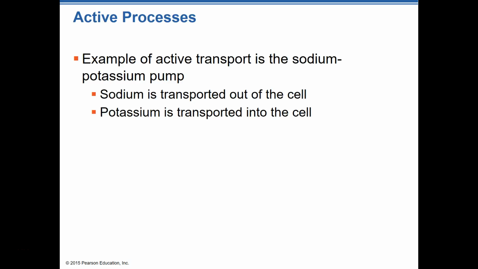So it'll intentionally pump more sodium out of the cell to create a solute inside of the cell that has less sodium in it. And it'll pump more potassium into the cell to have a higher concentration of potassium. So those special cells intentionally have more sodium outside of the cell and more potassium inside of the cell. And that gradient that it creates is for a purpose. It actually uses that gradient to its benefit so that it makes the membrane, or that cell, able to perform a task.